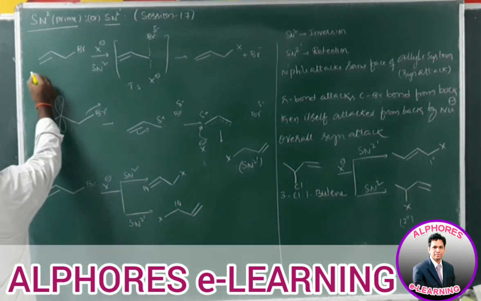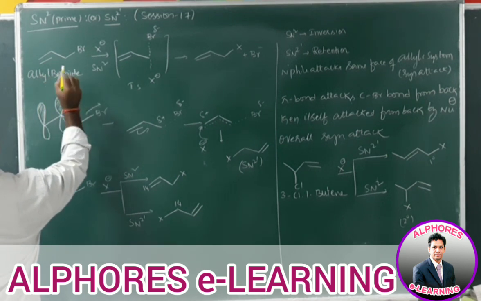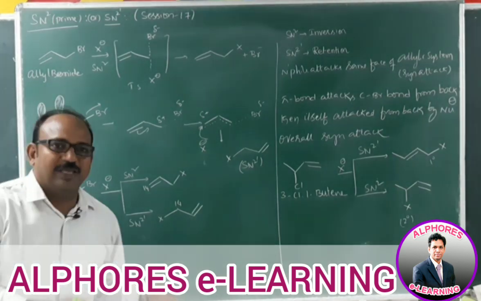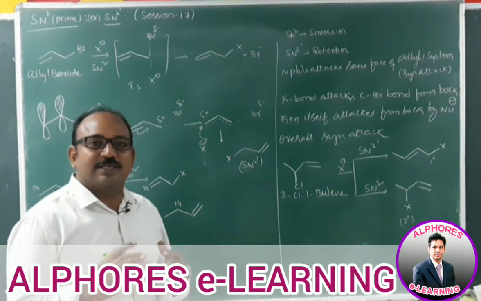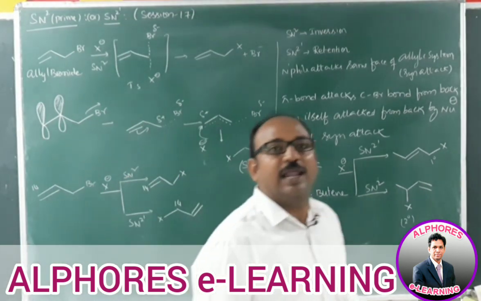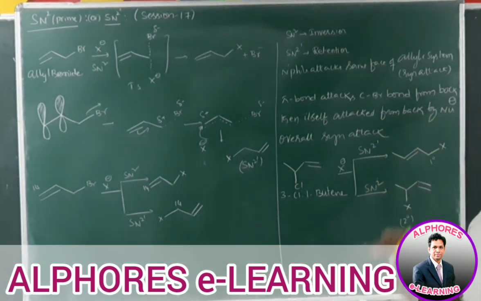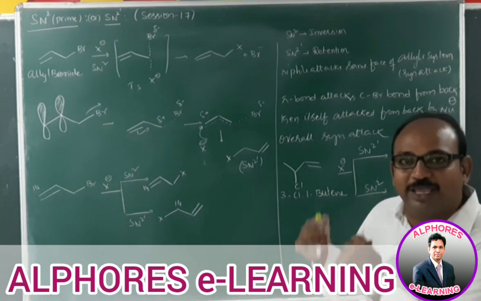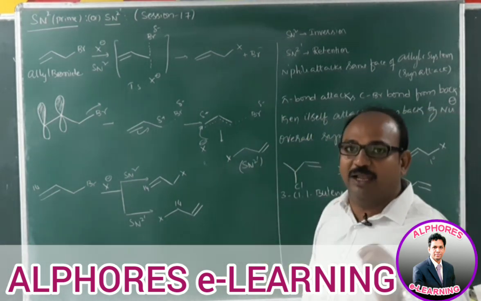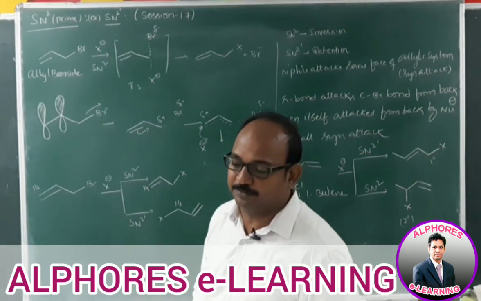We are considering allyl halides. Suppose we consider allyl bromide. Upon nucleophilic substitution there are two possibilities, as we discussed in the previous session. Allyl and benzyl halides can undergo both SN1 and SN2 mechanisms. Which mechanism they proceed by mainly depends upon the solvent and the remaining factors we are using.